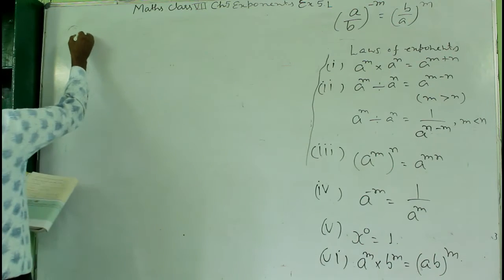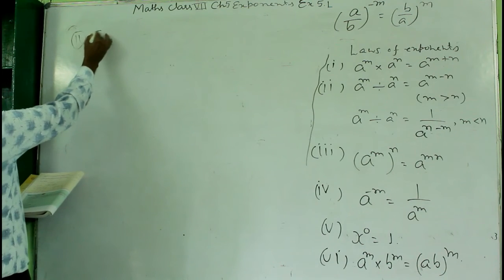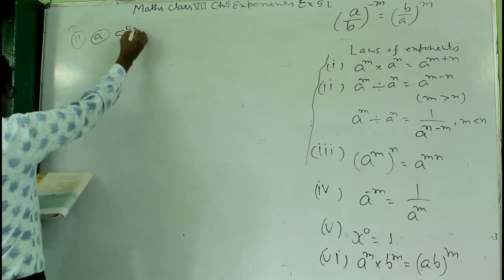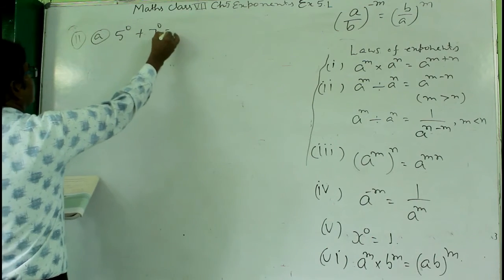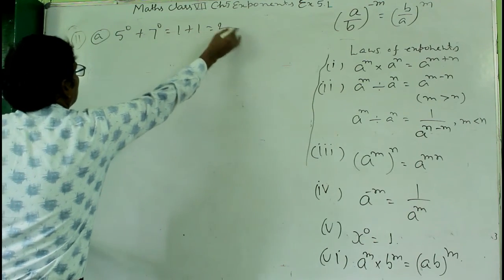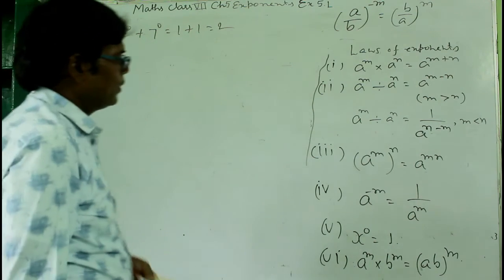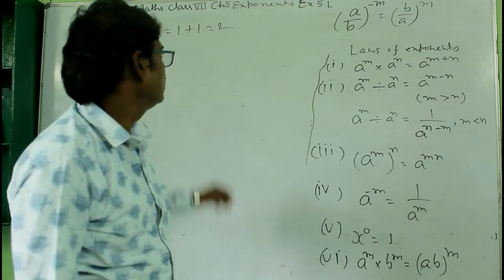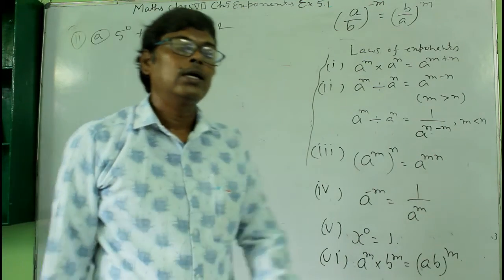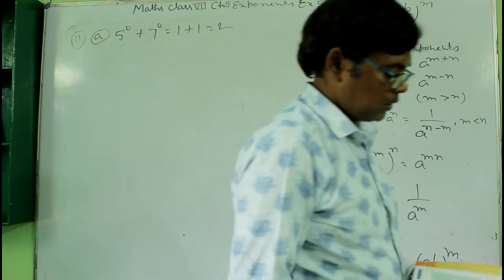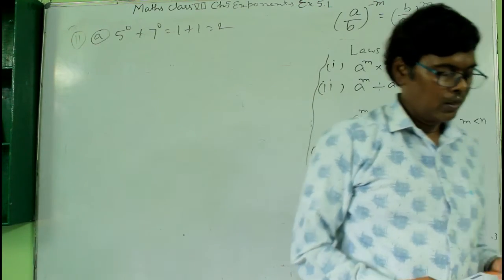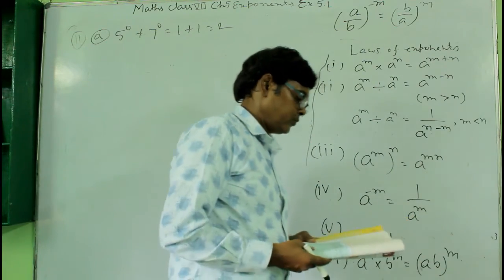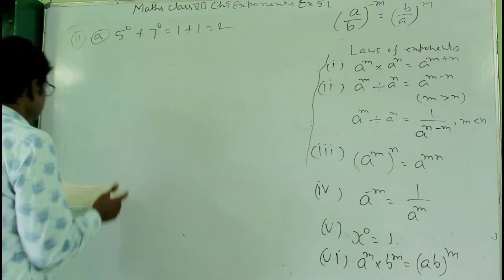So question number 11. A: 5 to the power 0 plus 7 to the power 0 equal to 1 plus 1 equal to 2. Remember this formula, x to the power 0 equal to 1. So here 5 to the power 0 equal to 1 and 7 to the power 0 is also 1. So 1 plus 1 will be 2. Question number B,